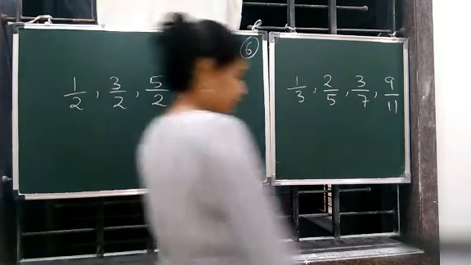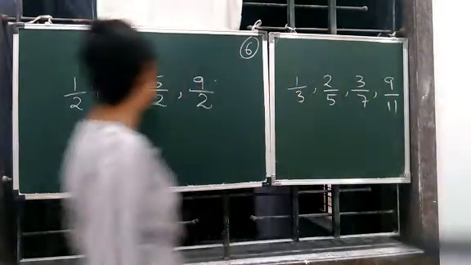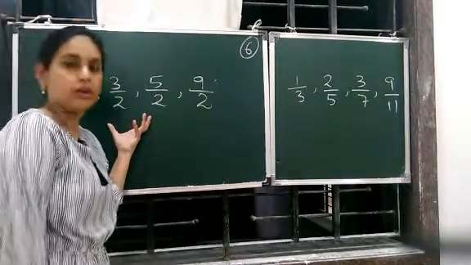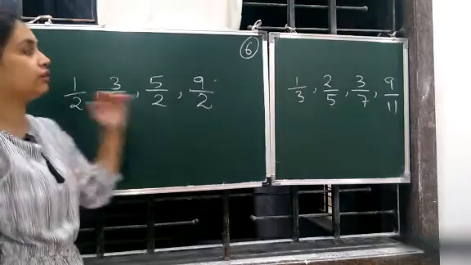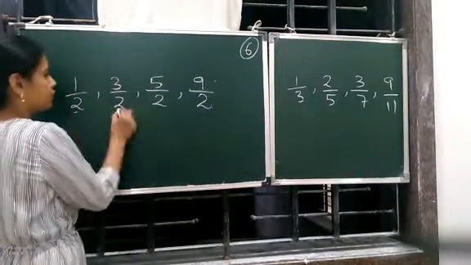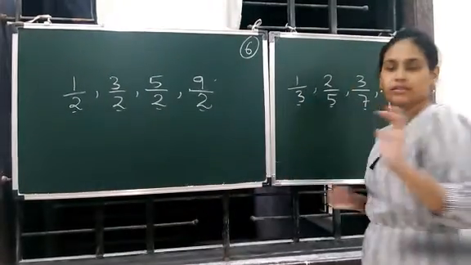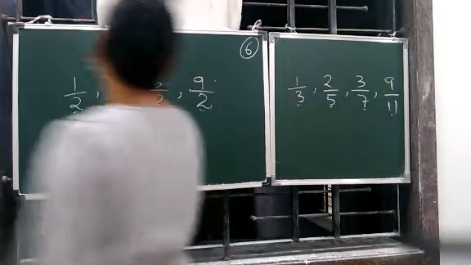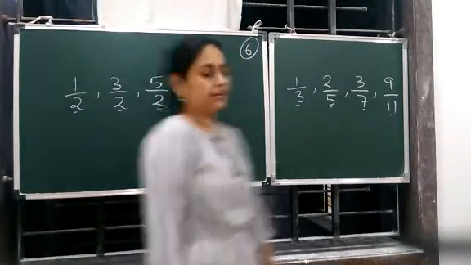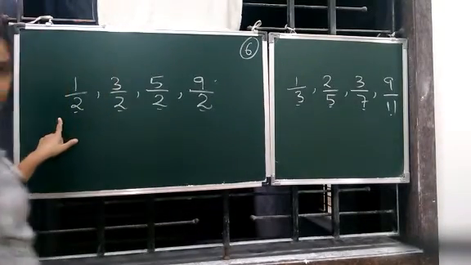We completed exercise 7.3, and now you can see I have written two examples of different types of fractions. Can you see the difference here? I'll give a hint. You can see here the denominators are same, here the denominators are different. So, fractions with same denominators